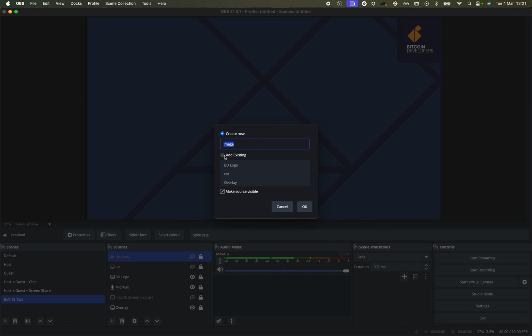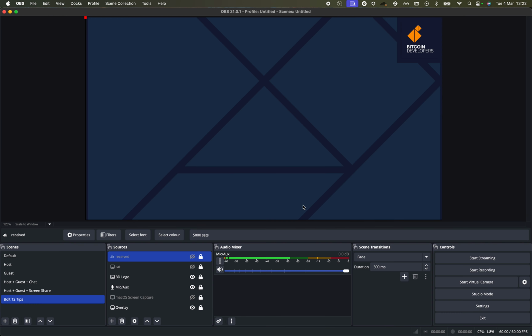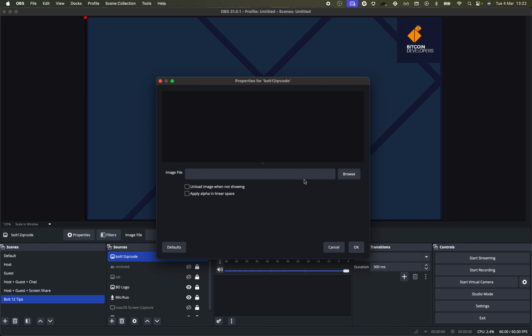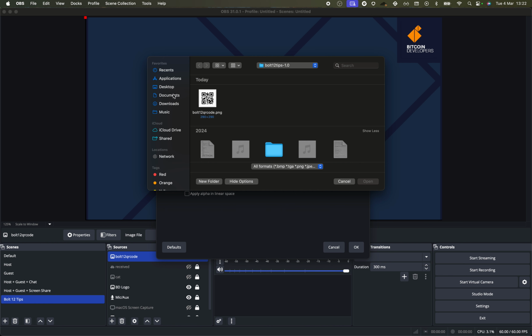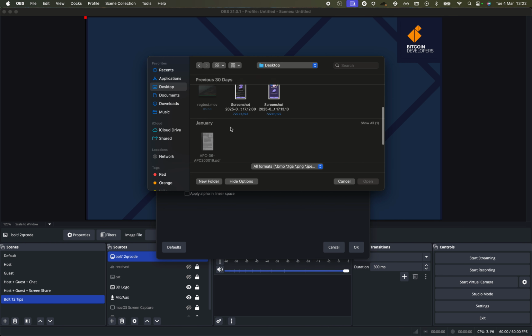Just make sure I don't have an existing one already. No. So I'm going to create new. I'm going to call it Bolt 12 QR code. And then I'm going to browse my directory and find the QR code,